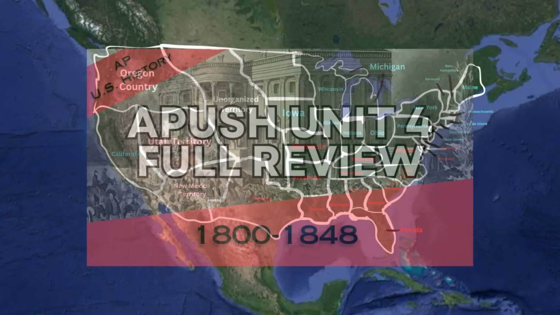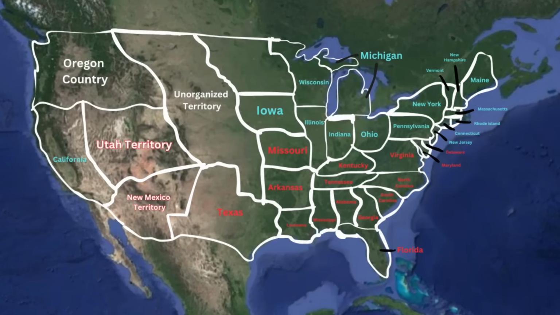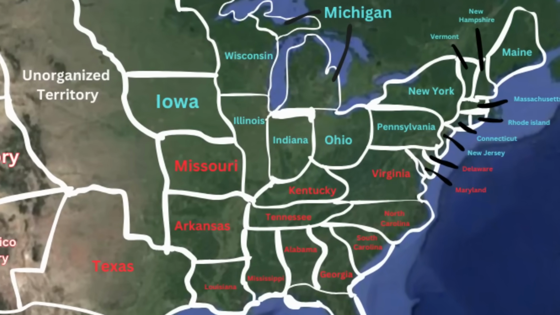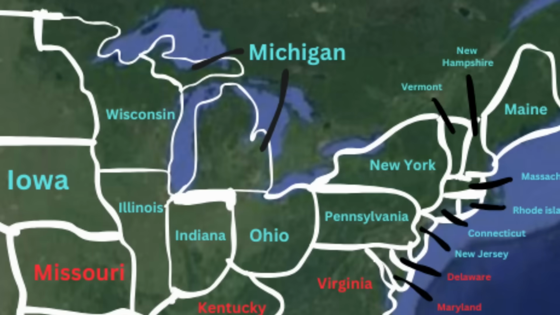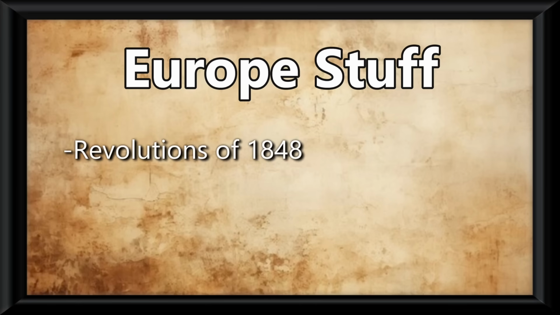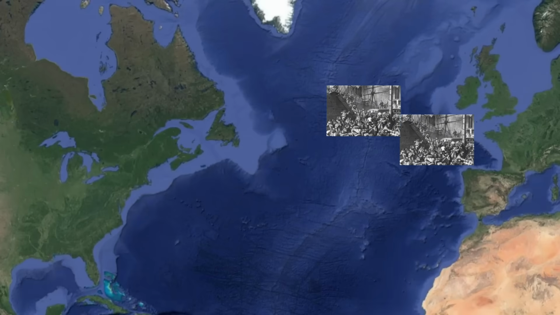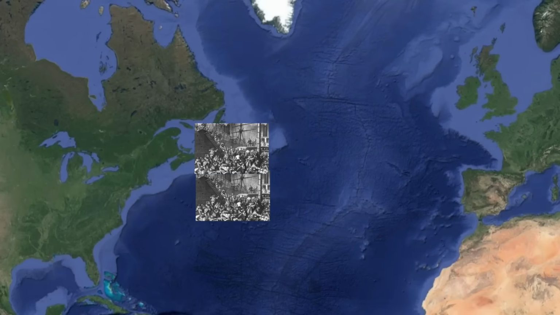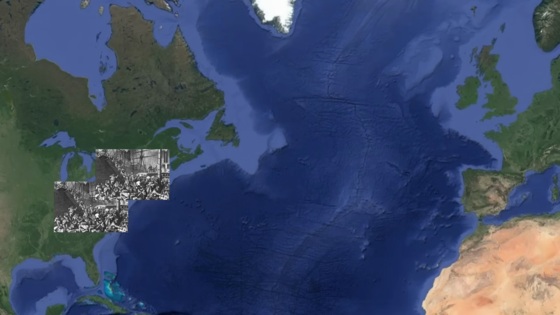So we already know from the entirety of Unit 4 that the North and South at this time were essentially 2 different countries, with the North being industry-based and the South being farming-reliant. So now, stuff is going to happen in Europe. A series of revolutions break out in Europe around 1848, and a potato famine breaks out in Ireland, which causes tons of immigrants from Ireland and Germany to flood into the US, mostly all settling in northern cities.